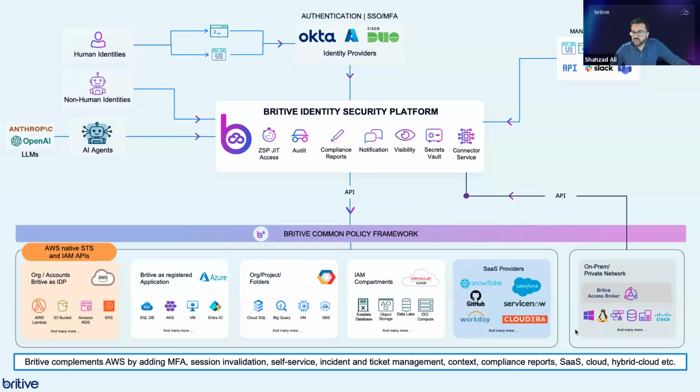In order for us to manage these resources or provide the same common policy framework to on-premise resources, we have a software component called Britive Access Broker. So again, this is not in the data plane, it's just brokering the connection, making sure the request that is coming in from the Britive platform in the form of API is actually being received by this access broker. And then access broker's responsibility is to talk to these systems in their native language. Could be PowerShell, could be shell scripting or Python or the database command,